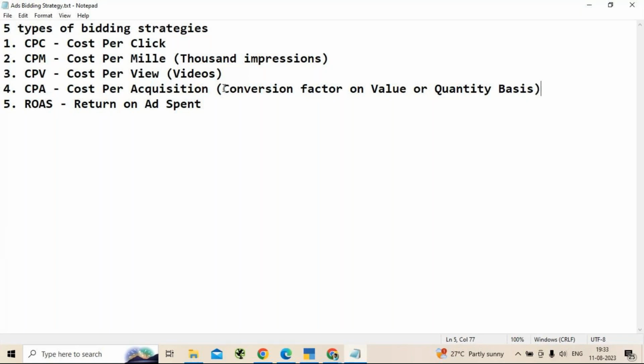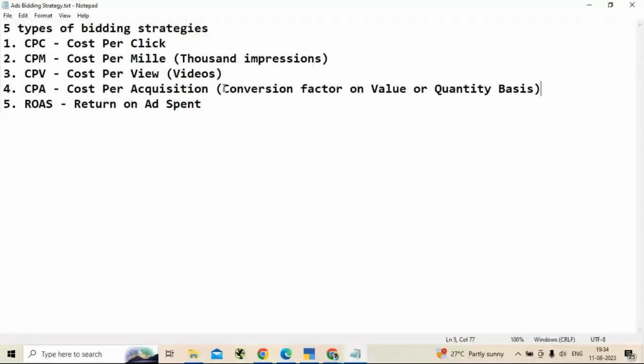Only when a sale gets converted, at that time, at what value the sale has happened or quantity wise, you can choose it. What kind of calculation do you want? Is it based on the value or on the quantity? You can choose it and it is going to get charged based on that.